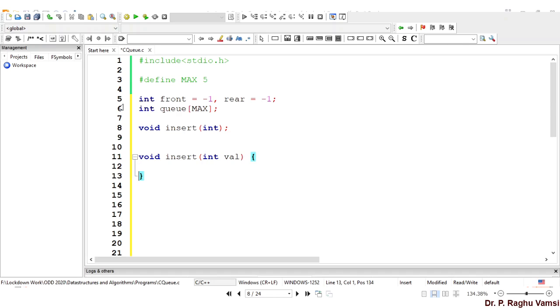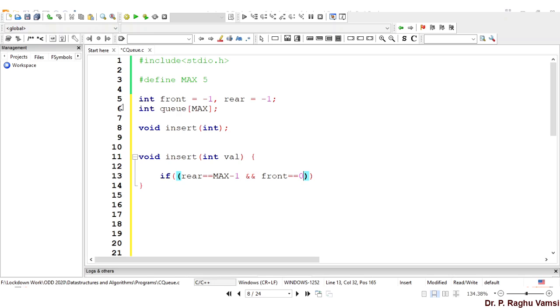So when can we insert the element into the queue? If the queue is not full, we can insert the element into the queue. How can you say a queue is full? If rear is equal to max -1, and front is equal to 0.